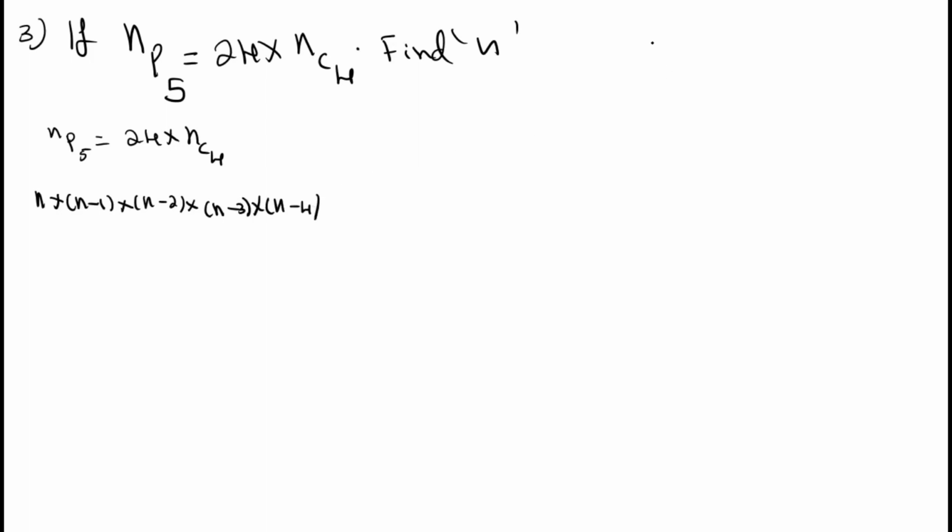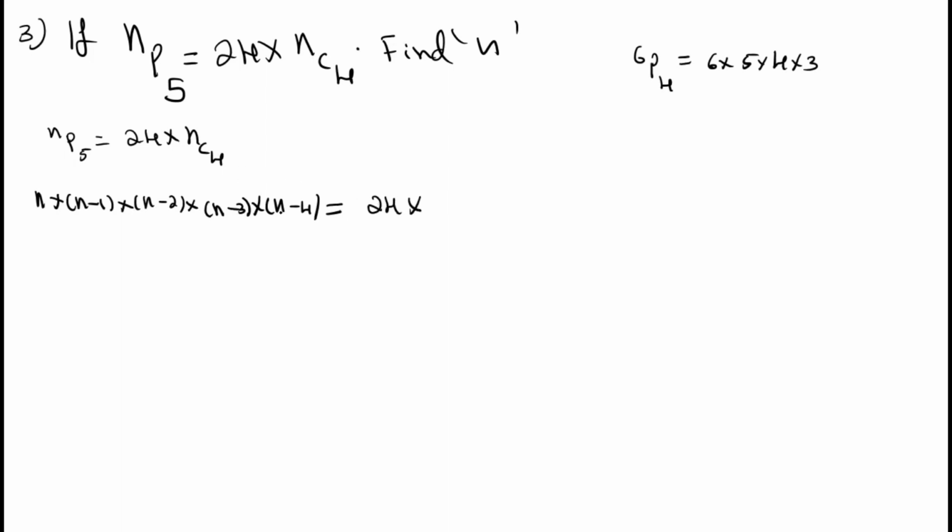Why? Because suppose 6P4 is given. How to calculate 6P4? It's equal to 6 into 5 into 4 into 3, 4 numbers in the descending order. Similarly, nP5 means first 5 numbers in the descending order. First number is n, next n minus 1, n minus 2, n minus 3, n minus 4, equal to 24